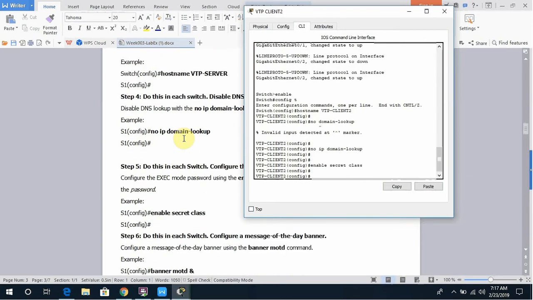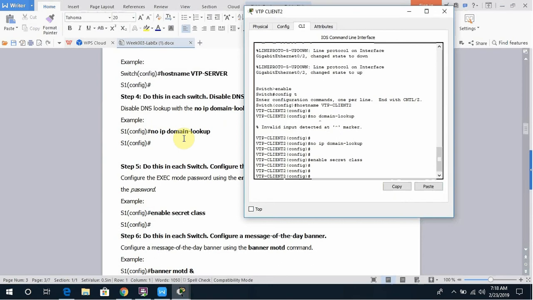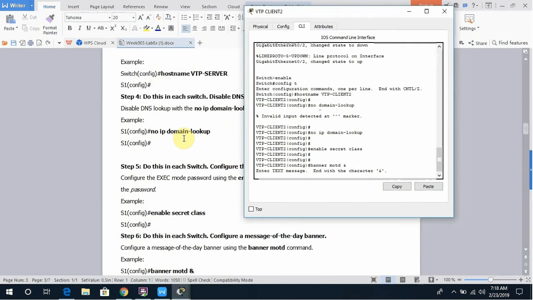Then we'll configure a message of the day banner. So it will be banner MOTD, and